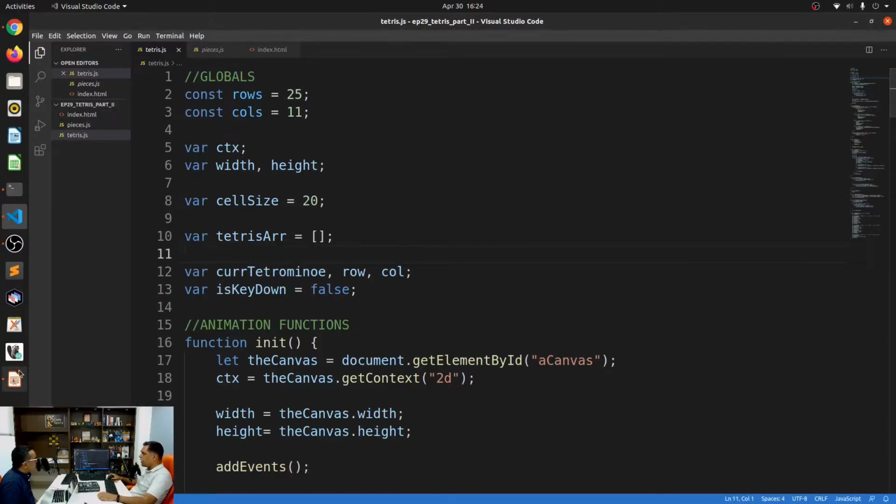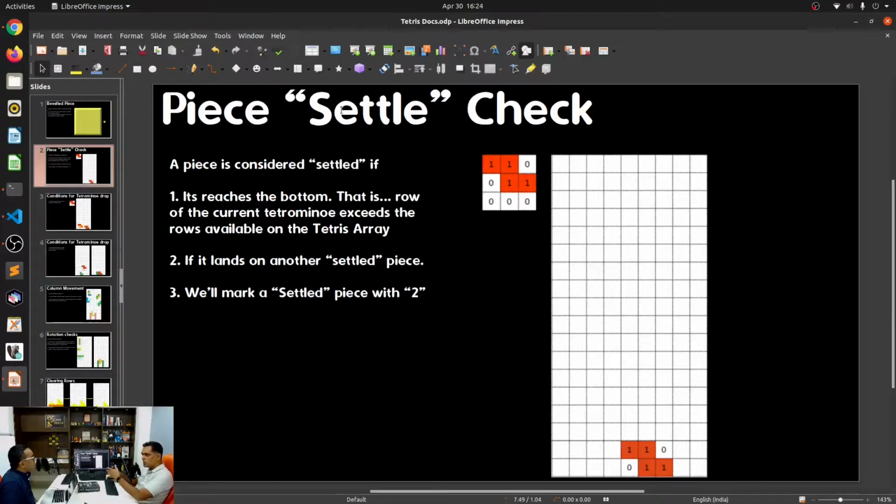Having said that, let's move to the question of how do you settle a piece. A piece is considered settled, or it has come down to the bottom, if it reaches the bottom, that is the row of the current tetromino exceeds the rows available in this Tetris array. Or if it lands on another settled piece.